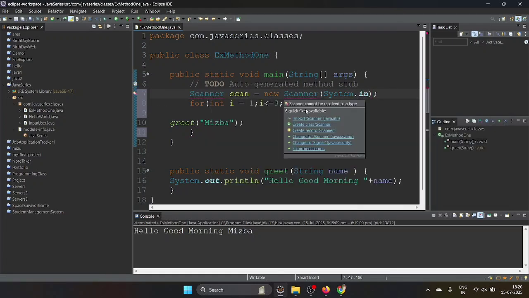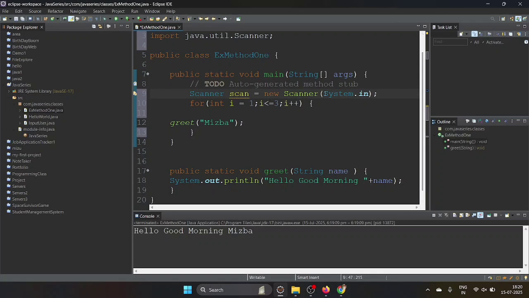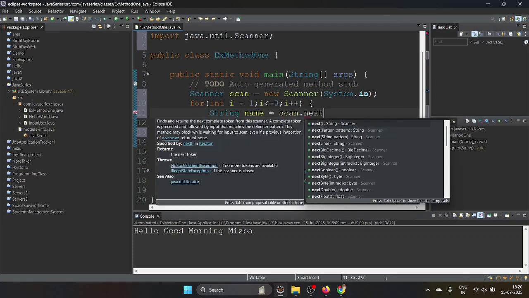Don't think it is too much; you will understand in a better way when you do the practical things. If you want to become a developer, you need to think in a deeper way and practice. Then we will take one name: String name equal to scan.nextLine().